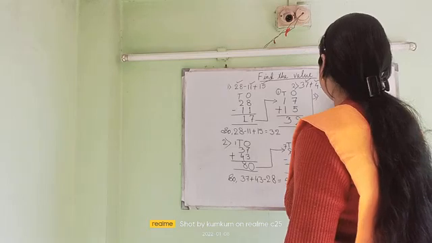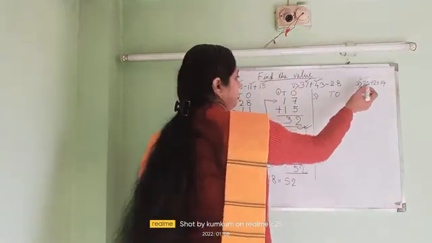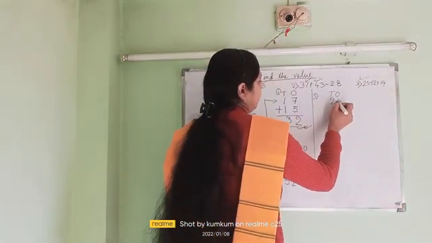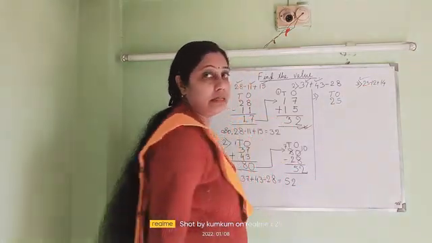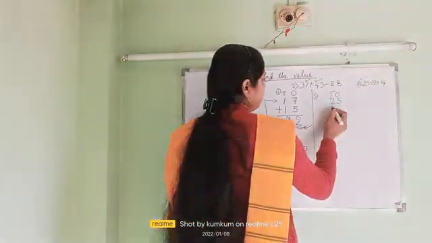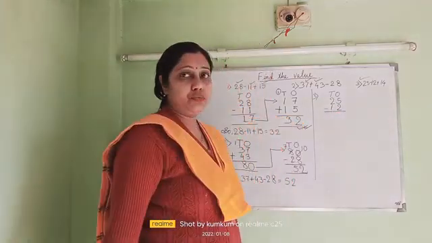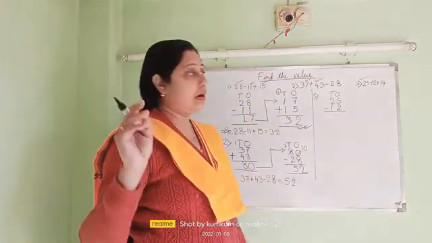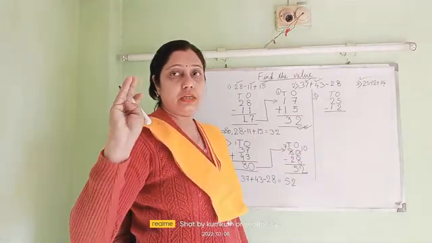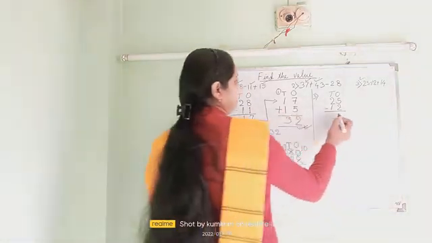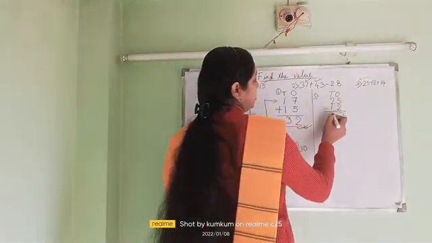First I will write TO. Here only I am showing you 25. And the next number is minus 12. So I am writing here minus 12. Now 5 minus 2 is what? 5 minus 2, 2. After 2 we will forward count 3, 4, 5. That means 3. And 2 minus 1 is 1.